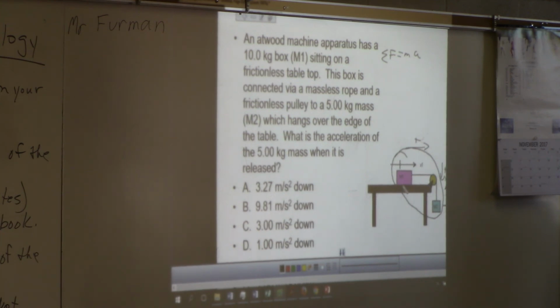Gravity. Okay, so we got gravity, M1G. Well, notice tension, the string. It's entirely within the system. So tension is internal to the system, it cancels out. I do have M1G here, and I've got the normal force here. But notice that neither of those